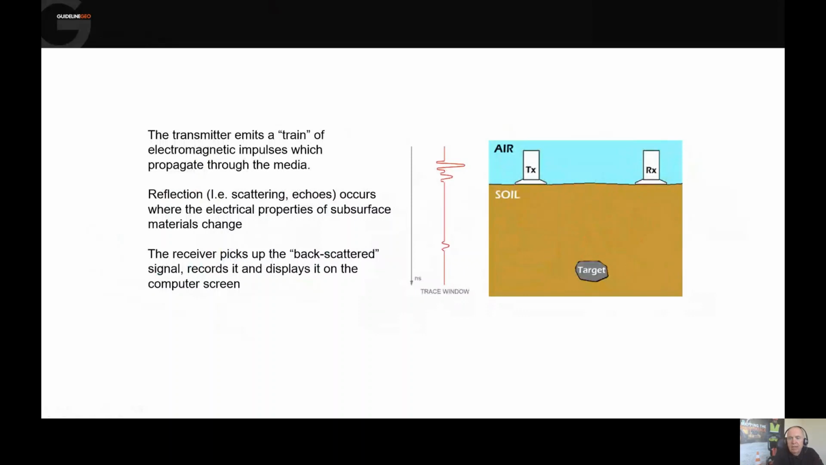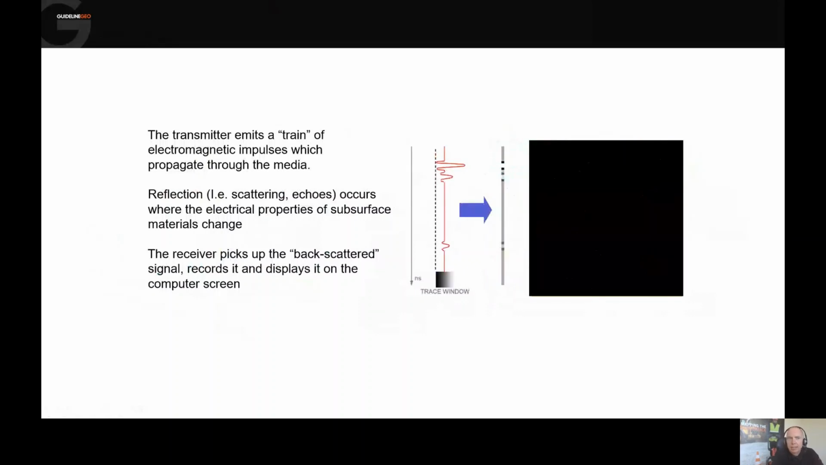We convert that trace into a pictorial image, in this case a grayscale plot, but the peaks and troughs that you can see on this wiggle trace will create a lighter or darker grey. The grey is in the centre, white in this case is to the right, and black's to the left on this wiggle trace here. So we get this grayscale plot, and we take multiple measurements as we push the radar